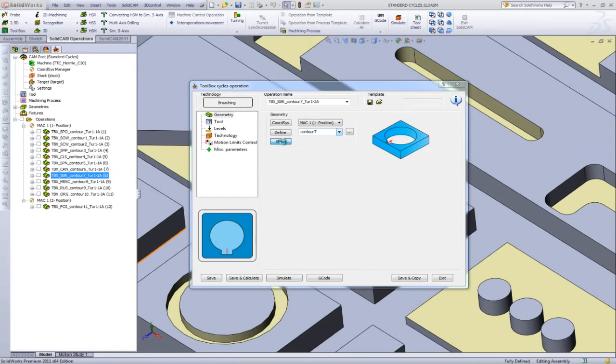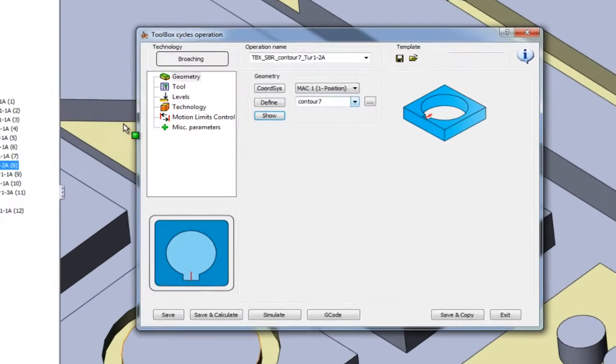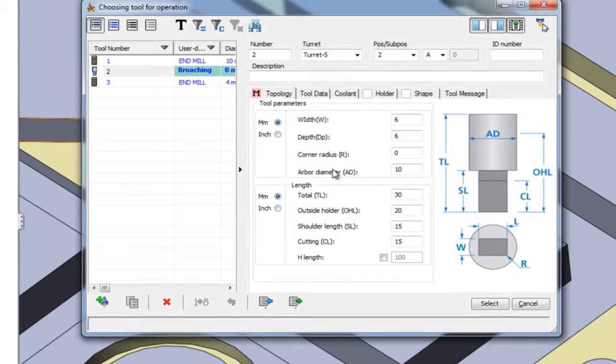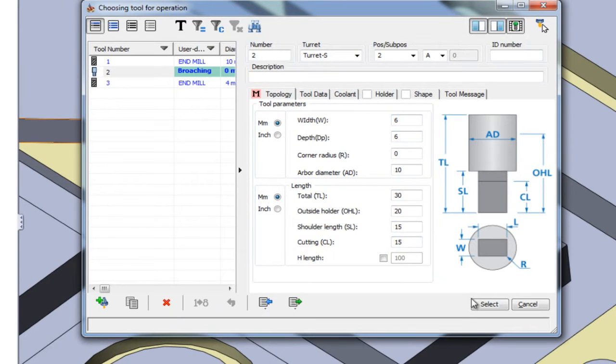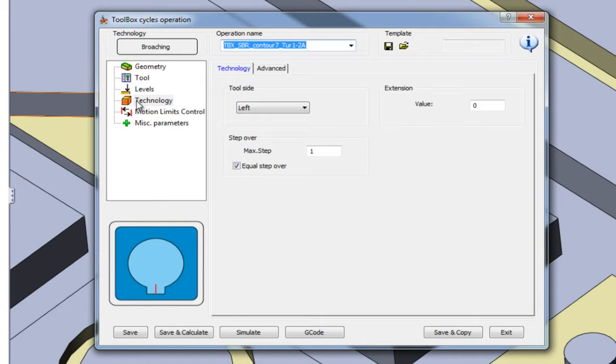Now, the geometry in this particular case is this line over here. That's the first chain, and this is the next chain. Note they are also on the opposite sides of each other. That's because we'd be working to the left side of the chain, so we needed also over here to be on the left side of the chain. Now, the tool that we'll be using is a special tool specifically for broaching. As you can see, we have a broaching tool over here with all the parameters necessary for the exact size of the broach. In our levels area, we're going down to the proper level over here, and in my technology,